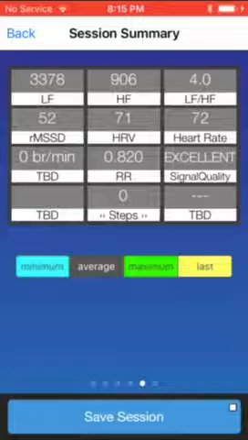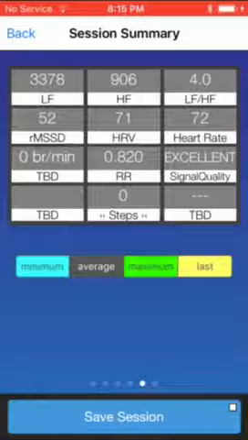But these are the numbers it gives you, and basically measures the differences in the interbeat intervals. So the differences in the amount of time between beats. And so it gives you a number: heart rate variability 71, heart rate 72, low frequency to high frequency ratio is 4. All of those things I'm going to record and write down, and in the future,